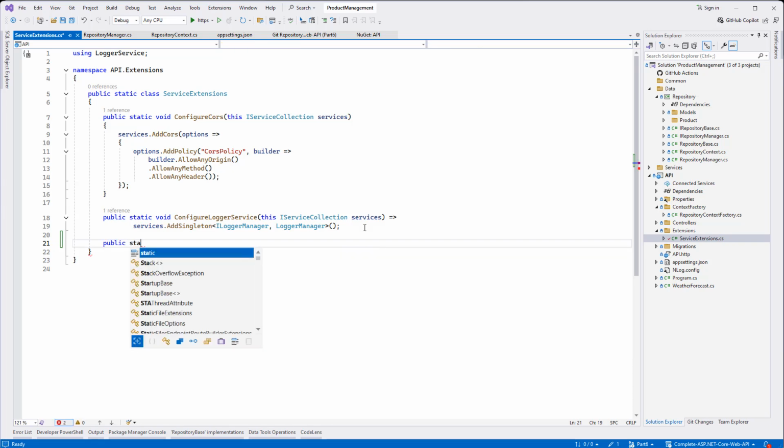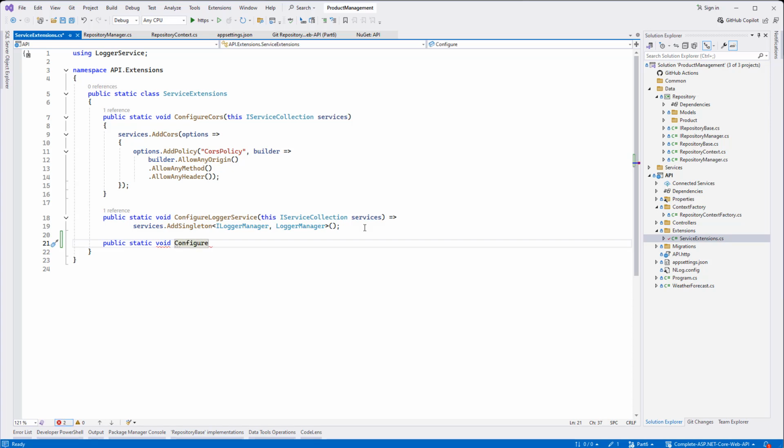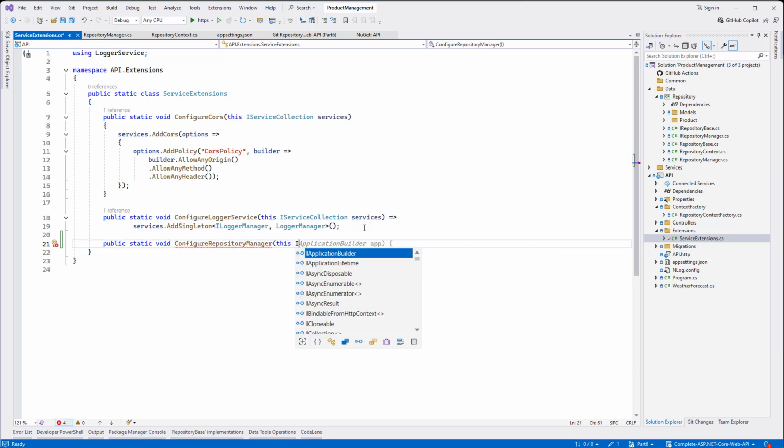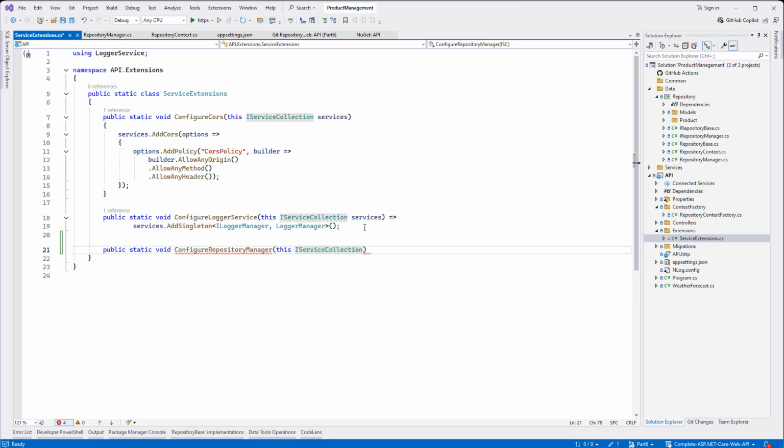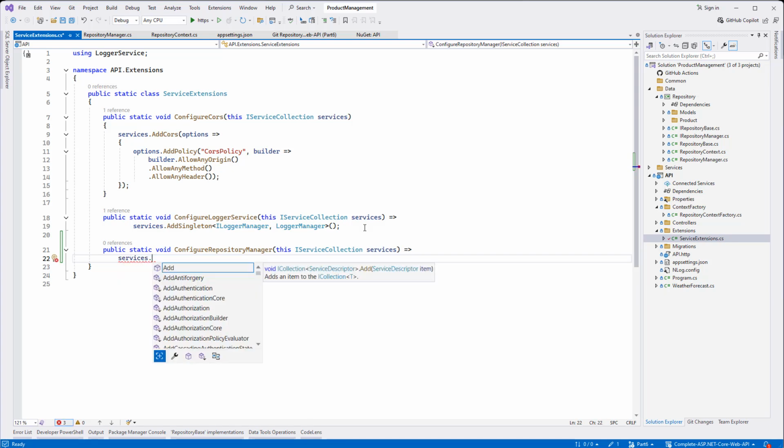Give it a name, public static void ConfigureRepositoryManager, this IServiceCollection services. Okay, so services dot AddScoped,